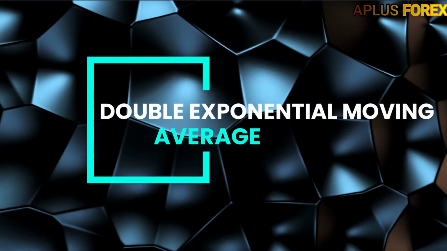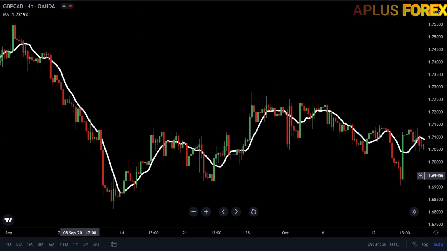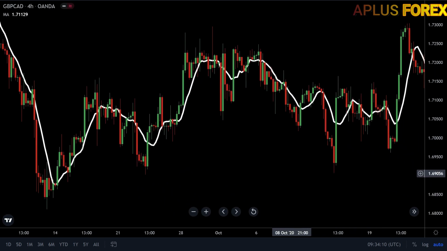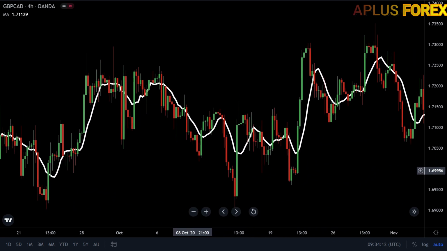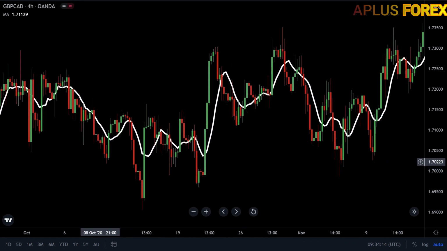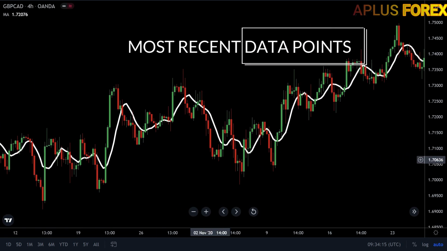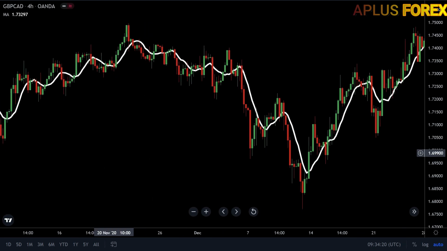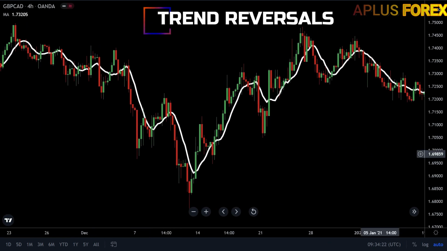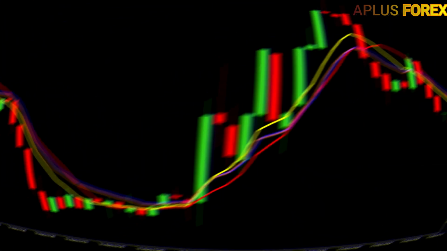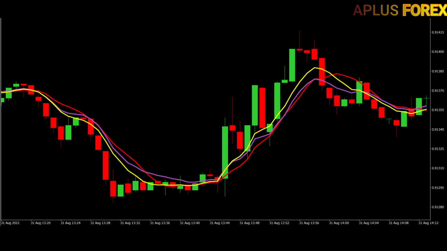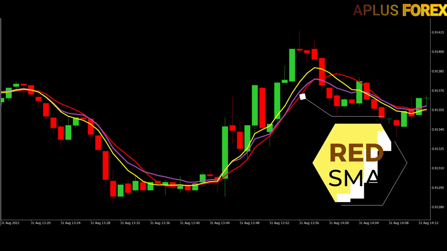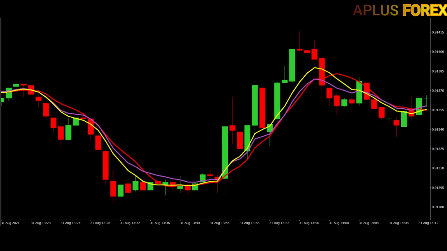The fourth moving average we'll talk about is a double exponential moving average, also called DEMA. Double exponential moving average is a better version of exponential moving average because it gives more weight to the most recent data points. It has less lag and is more responsive, which helps short-term traders in quickly detecting trend reversals. Let's take a look at the pound card prices over the last 9 days. The red line represents a simple moving average line.